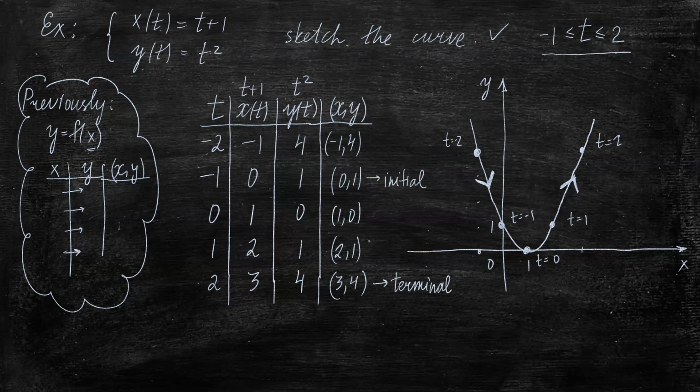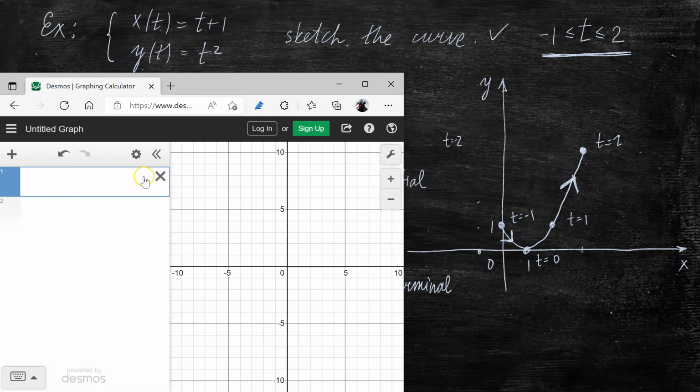And now when you graph it, you graph only within the domain that's determined by the constraint on t. So this will be the graph of this parametric curve. Now, if we would like to check our work using technology, we can use Desmos, and the